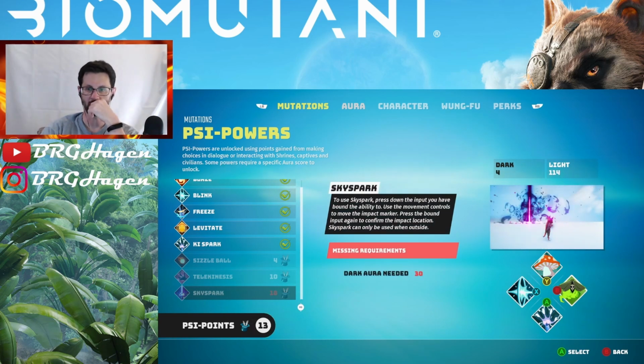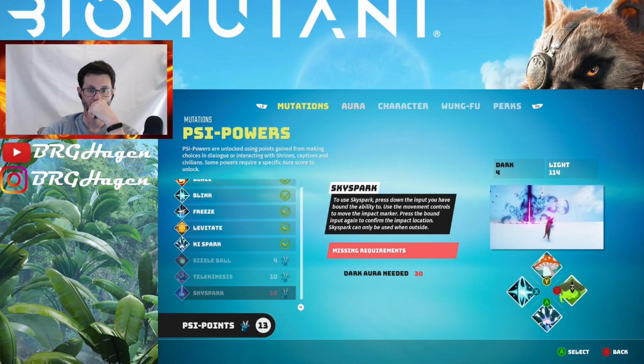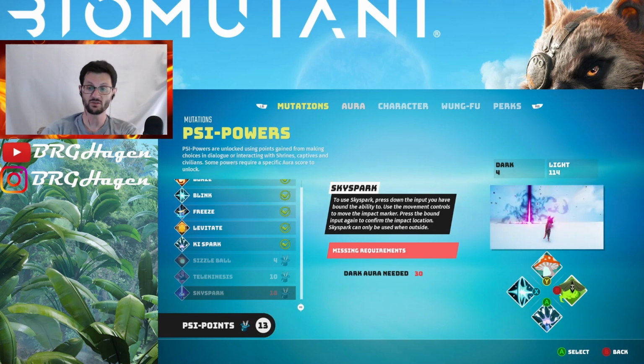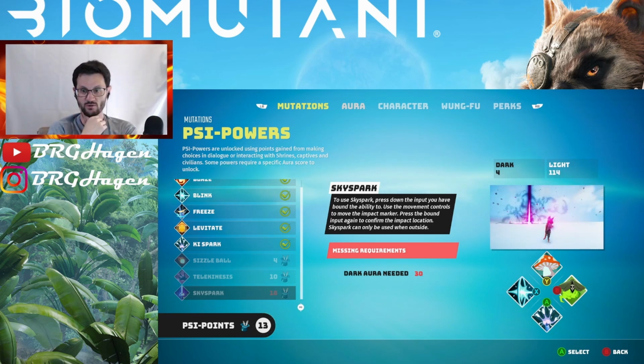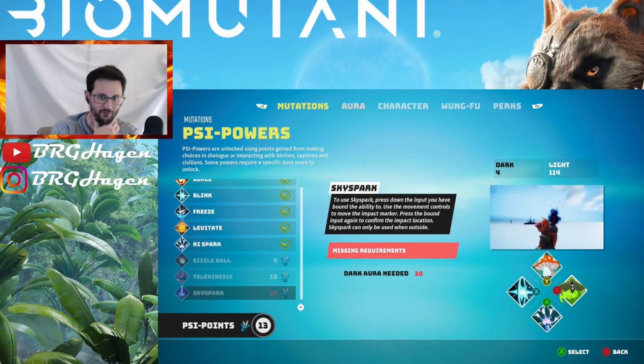Sky Spark. Holy crap. Can only be used when outside of combat. Interesting. Okay, so this is a way to initiate combat, basically dropping a nuke on people to initiate combat. Super useful if there's a clump of them. However,